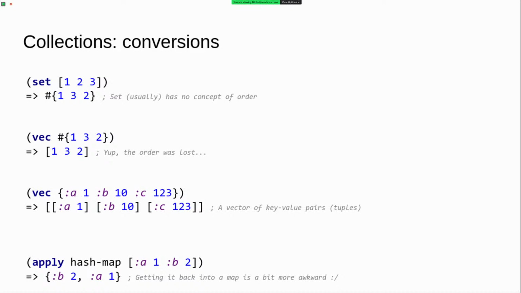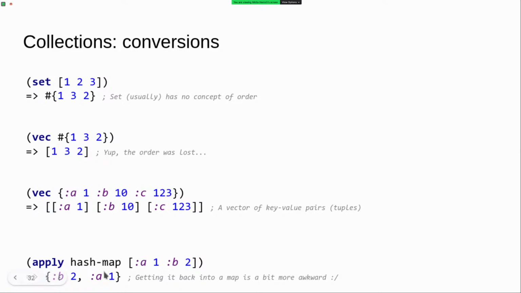So it's kind of obvious that we can represent this collection of key-value pairs as a collection of tuples. A tuple is a small collection of two elements. And another way